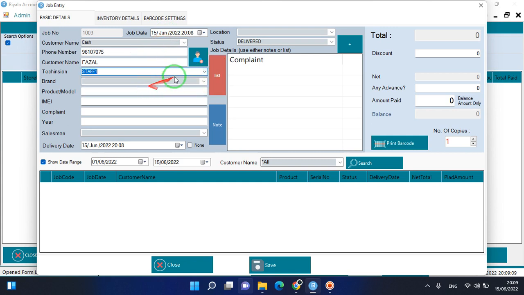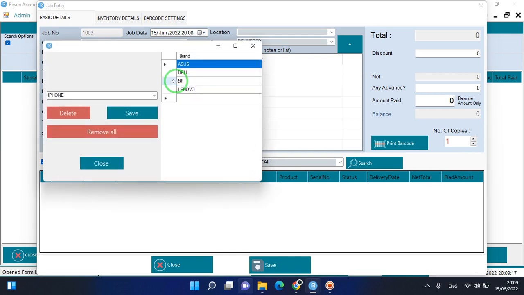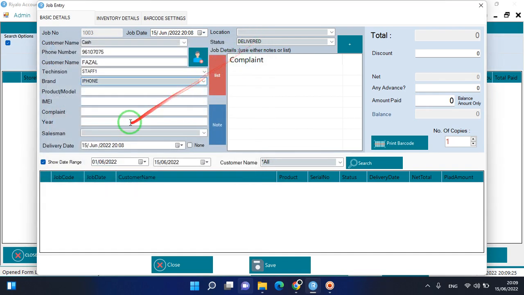Here you have to enter the technician, and after that, if you want to enter a brand, you can enter a brand here. So after entering it, click enter, and here you'll get all the list of brands that were created before. If you want to create a new one now, you just need to enter it and click save,